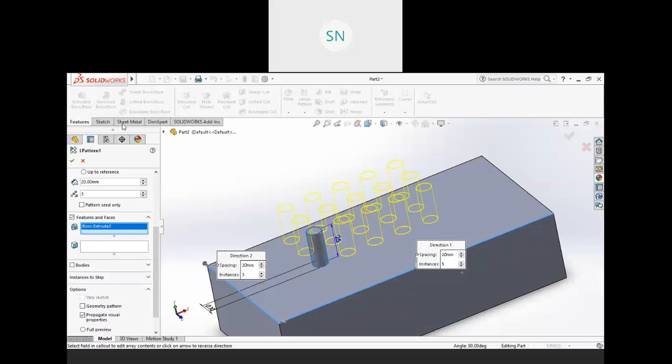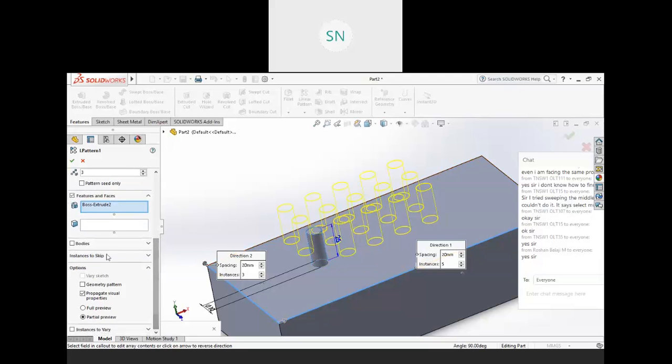And if you are working with a surface, then go for this one. This is for the surface pattern. If you are working with surface bodies and want a pattern of those surface bodies, then go over here. But you have to select always in the feature, because we are working in solid mode and in the part file.